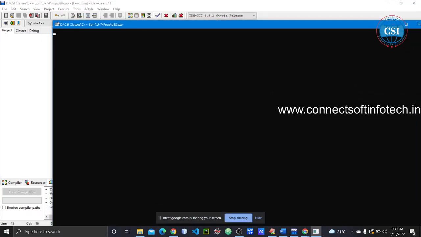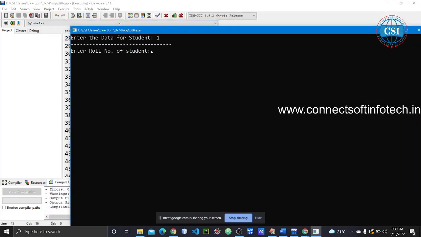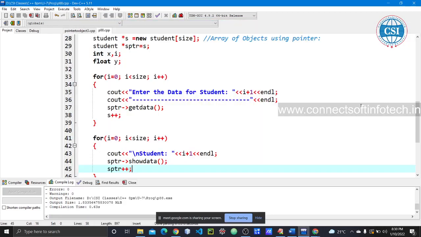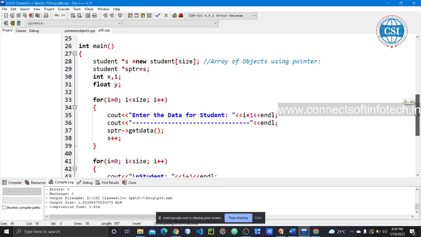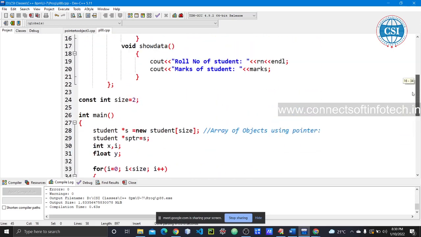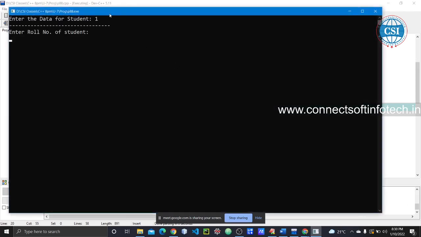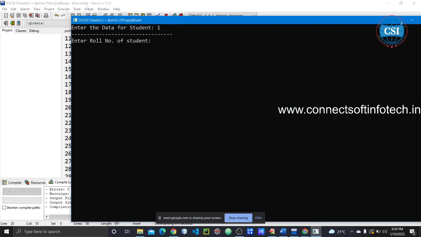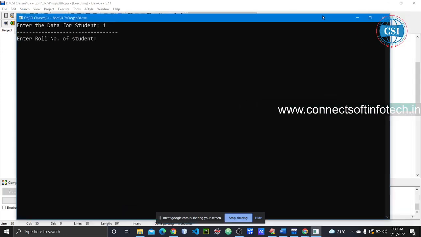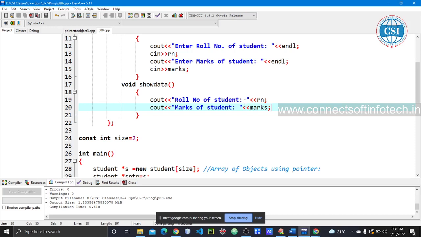So see here. Okay, so now the data will be printed properly. Enter the roll number of student. Okay, now see here, enter the roll number of student. Why is it going to show below the terminal?